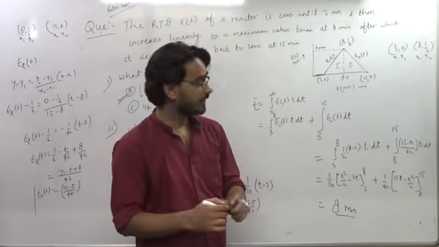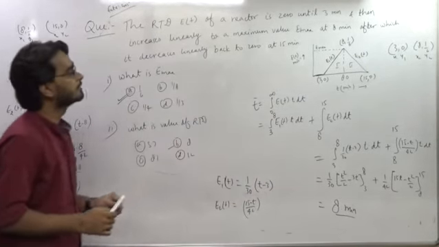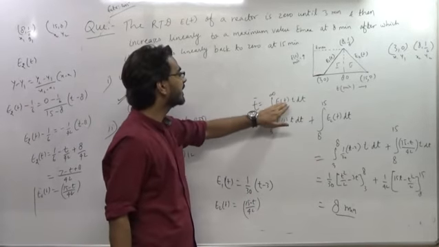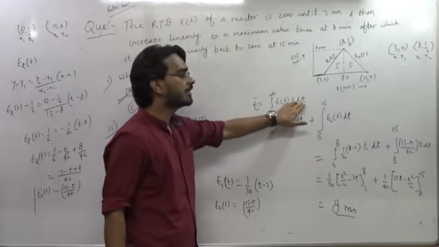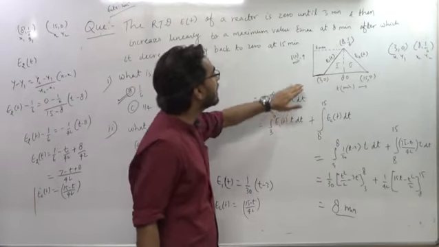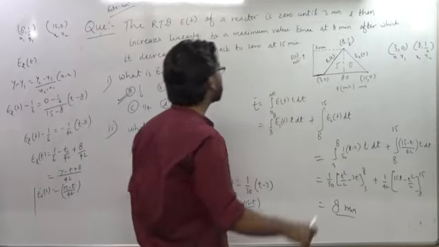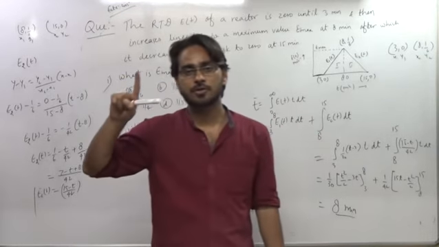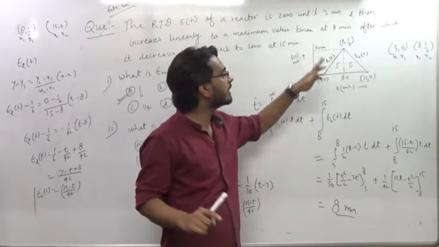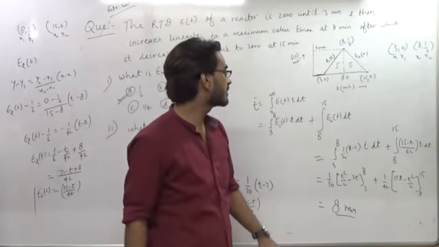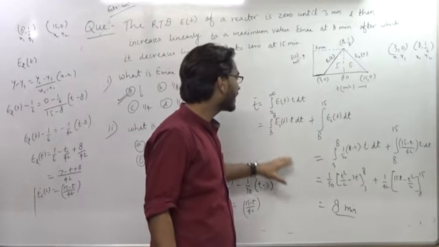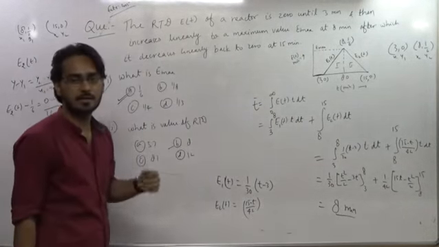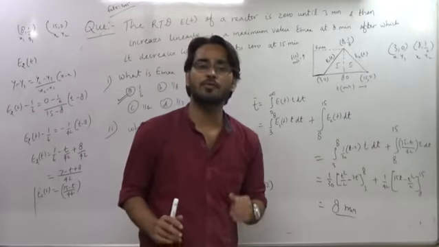So for this type of question, we know that the residence time distribution is equal to the integral from 0 to infinity of E(t) times t dt. And here Emax is, we know that the integral from 0 to infinity of E dt is equal to 1. So if Emax is there, just put the value and get the Emax. After getting the Emax, we can solve in this way to get the RTD of this value. This was asked in GATE 2005, for 4 marks. So you should know the RTD, how to calculate it.